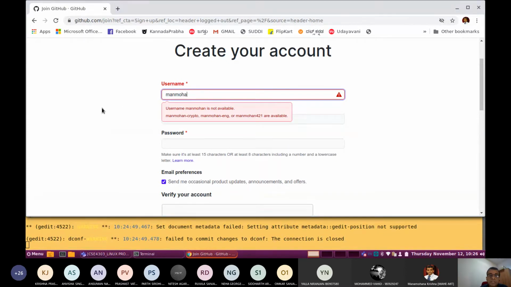That's very important. Try to create your own user account meanwhile.